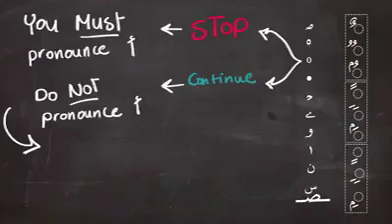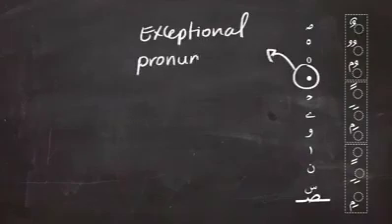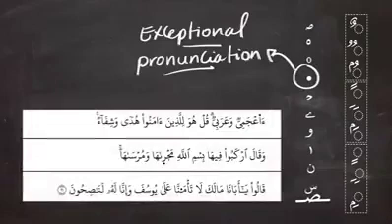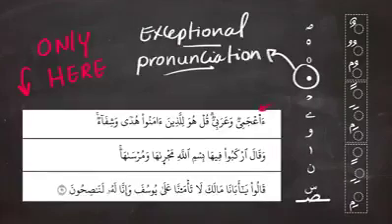So the alif is pronounced because I stopped at the end of the word. Next is a sign that looks like a full circle. And this sign refers to an exceptional pronunciation for whatever it comes above or under. And in the first case, it comes above the alif to tell us that this alif is less heavily pronounced. So instead of saying أعجمي, you're going to make it less heavily pronounced and you would say أعجمي وعربي.